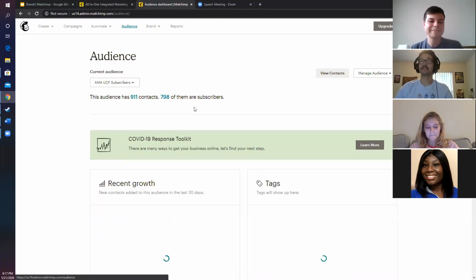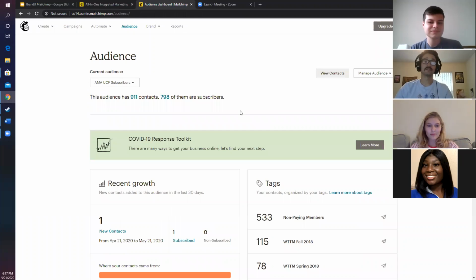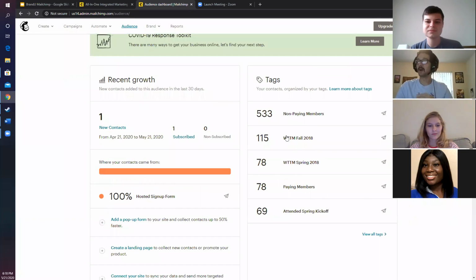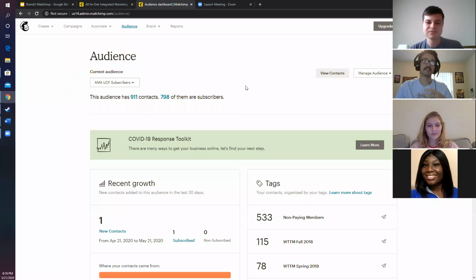They also have an audience tab, and the audience tab is super important because, like I mentioned, we have a lot of different people, from subscribers to members to paying members to just people who have shown interest or given us their emails. So we split them up. We have them all put in there. In that way, if one email is specifically for members only, you're able to create that marketing campaign only for them, and vice versa. You can mix and match however you want to. And it's really nice that MailChimp offers that.